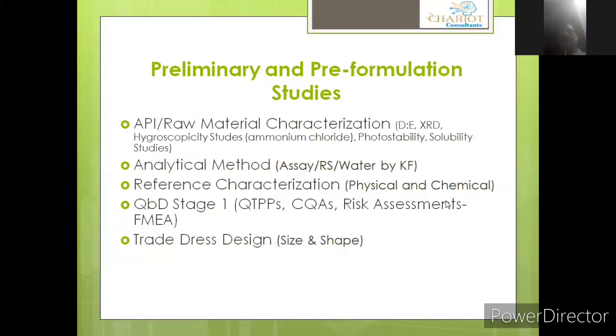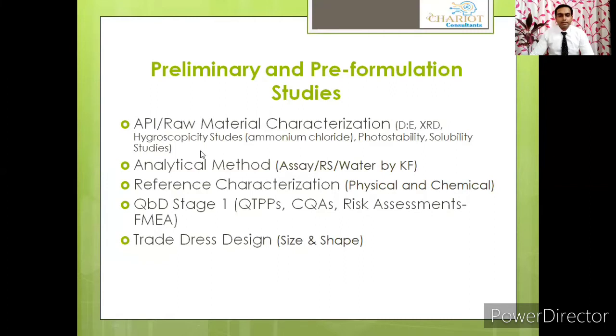Okay. So we were on the API and the raw material, whatever the pre-formulation studies that we have to do. Basically, the drug excipient compatibility studies, in which we evaluate if the API is compatible with your excipients or not. It depends on how many APIs you are using. If it is a single API, then with the excipient individually, you have to prepare binary mixtures in terms of